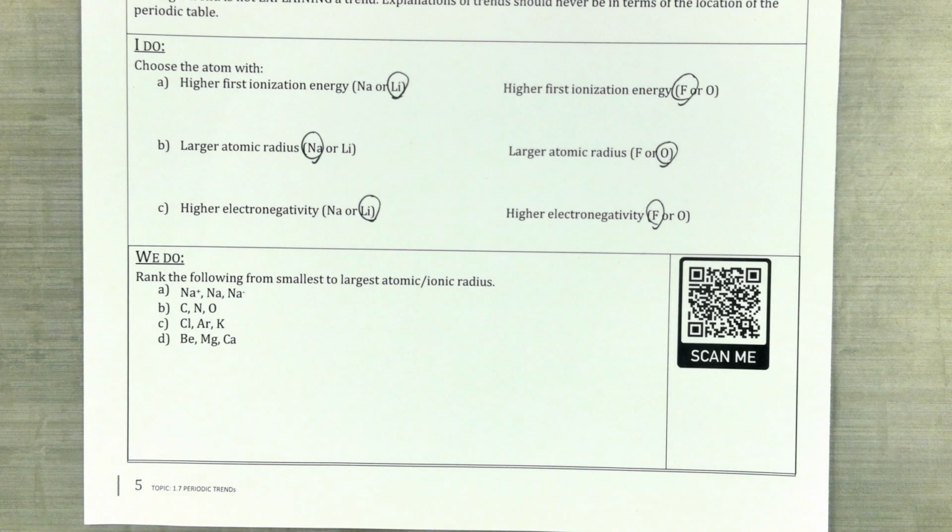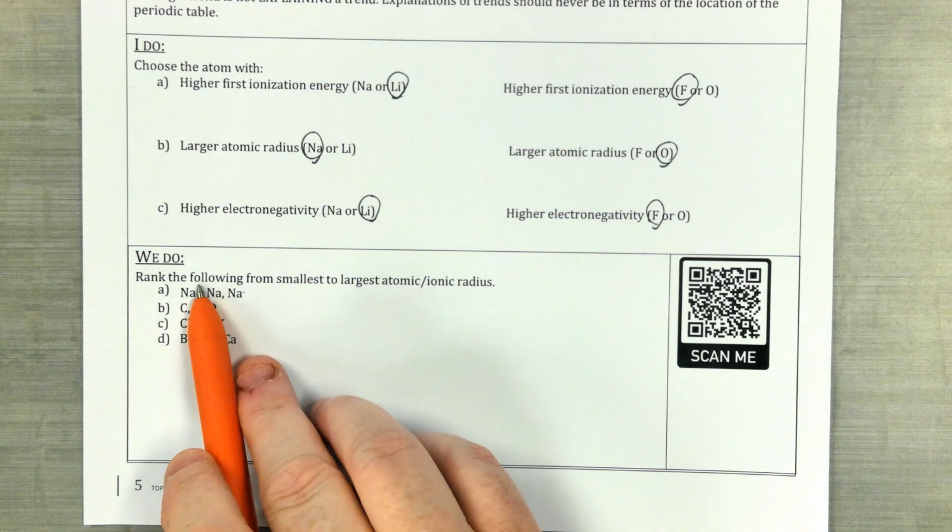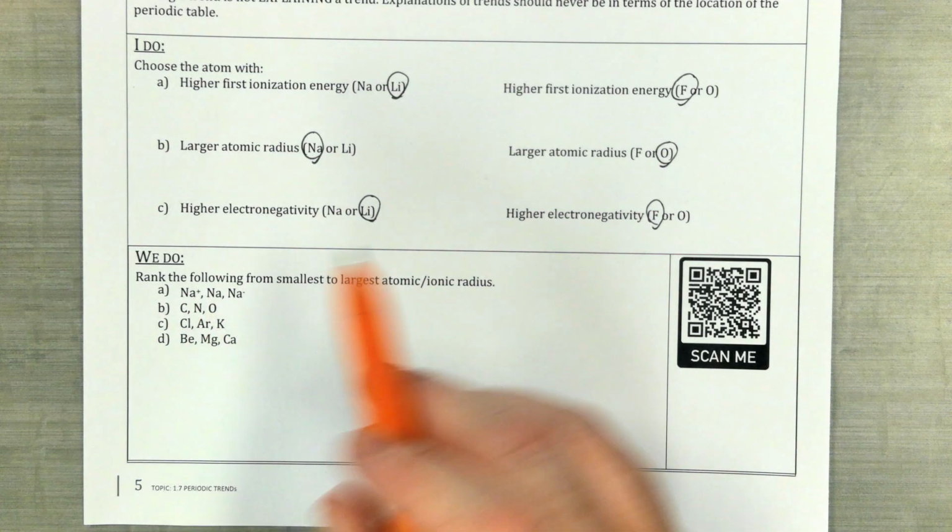Ionic radius is based on whether an ion gains or loses an electron. Cations get smaller if they go positive. Anions get larger because they're gaining electrons, so they push out a little bit more. Okay? So with that, if we look at the first one, sodium positive is going to lose an electron, so